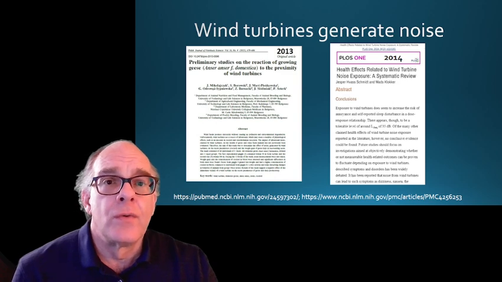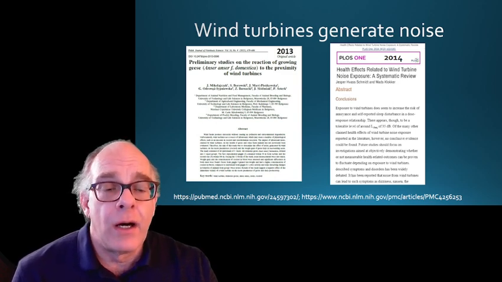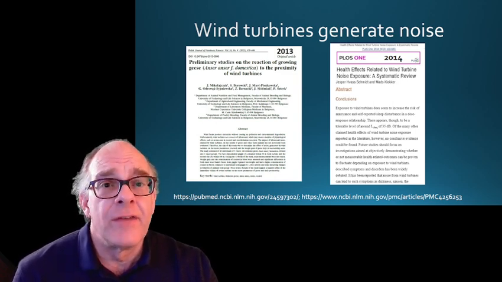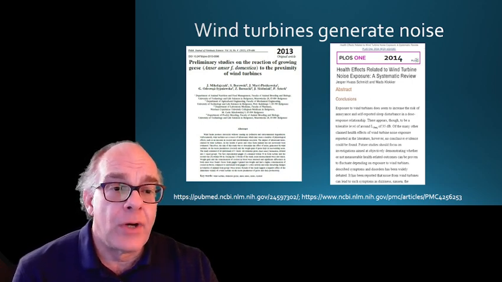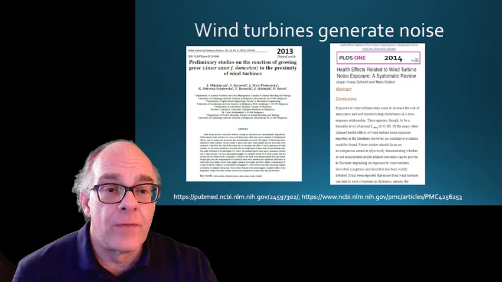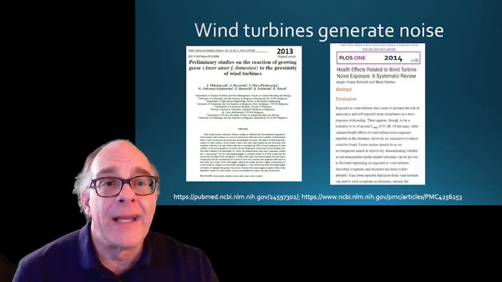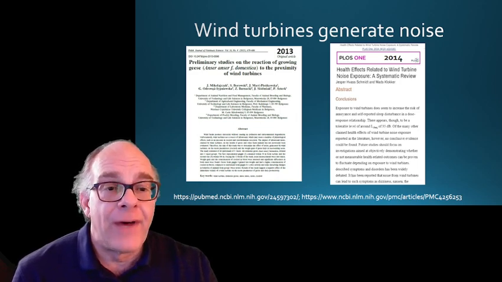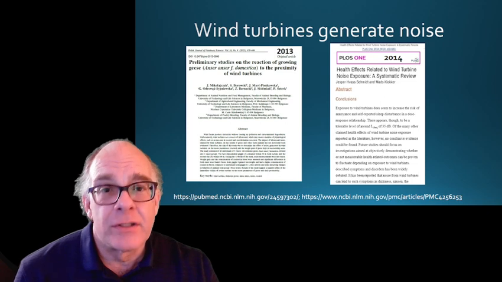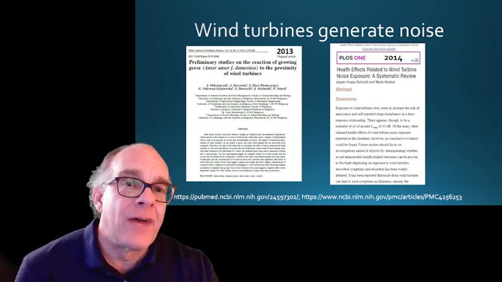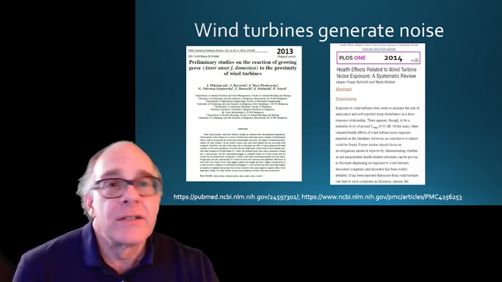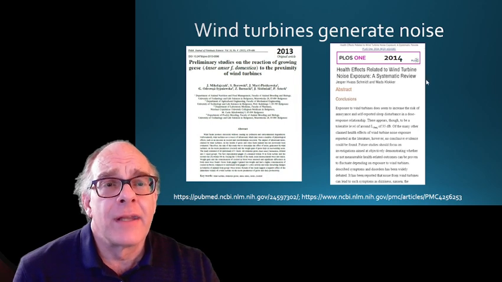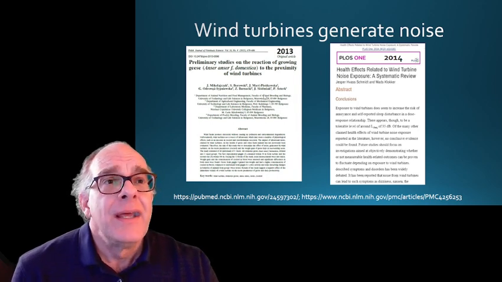What they saw was that geese that were basically growing up, living really close to the turbine, had problems. They had higher levels of stress hormones within their blood and lower body weight than a group of geese that was 500 meters away. So we're talking at the base of the turbine versus half a kilometer away. And so there appears to be an effect, at least on some animals. Hasn't been